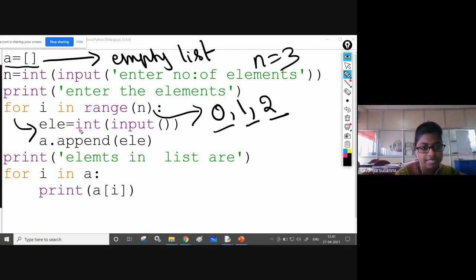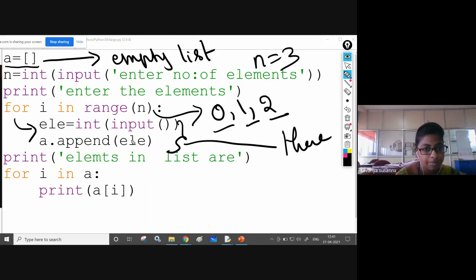You have ele equal to int of input. I have given just the input function, no message passed. The cursor will be waiting, and you need to enter. These 2 statements will be repeated 3 times: for I equal to 0, I equal to 1, I equal to 2. 3 times you need to enter the input.